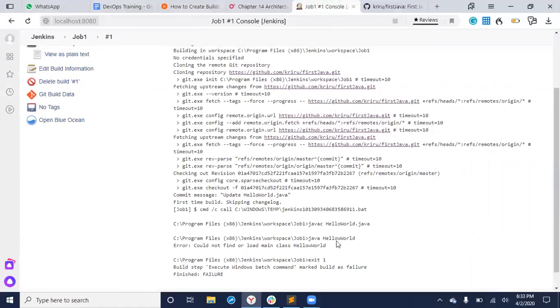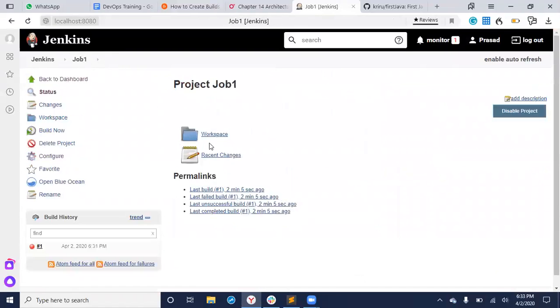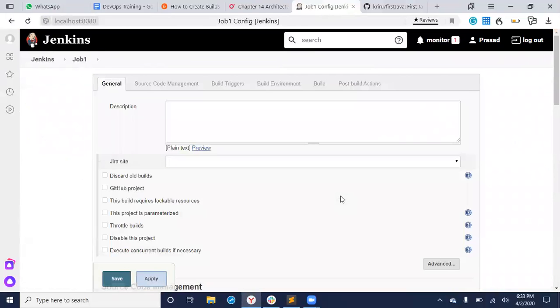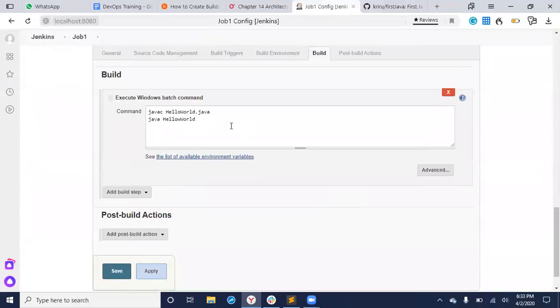Oh, typo. See, this one worked without errors, but this one failed because it could not find the class, Hello W, another W I gave. Have you guys noticed this error? Yes, now I can see that. I am late like you. But when you get errors like this in demos, in companies it is bad, but in demonstrations it is good, so that people can learn more. Typo. So just fix this.